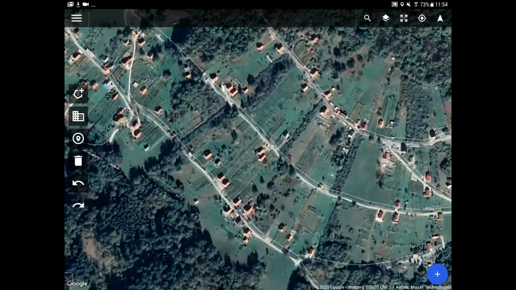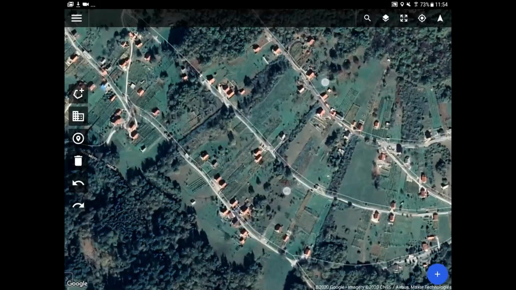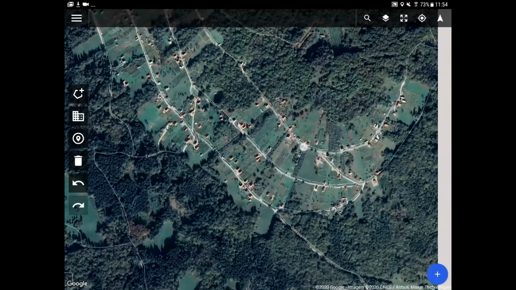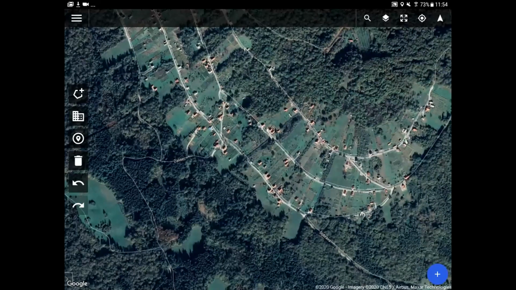So here I am in my mobile device, and I'm working with Drone Harmony Plus here. And as you can see, I currently have not much on my screen. So the first thing I'll do is I'll switch over to cell tower scan. So Drone Harmony Plus comes actually with two different applications in it, and we call them skins. So if you see this tool set on the left with the polygon tool and all of that, this means that we are actually not in cell tower scan right now. This means that we are in our inspection